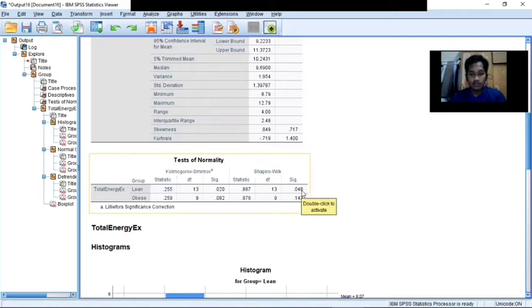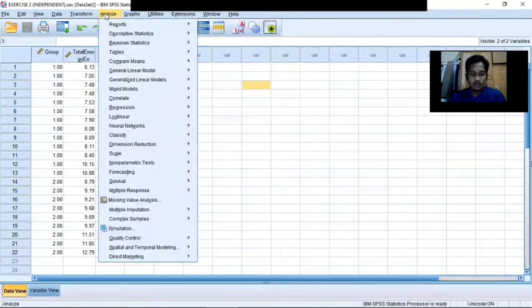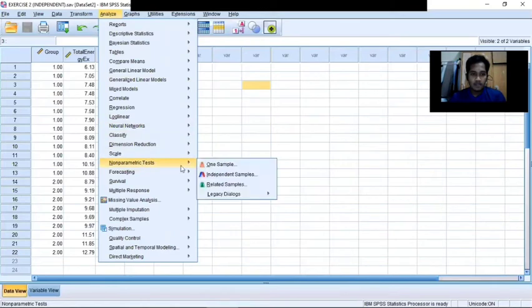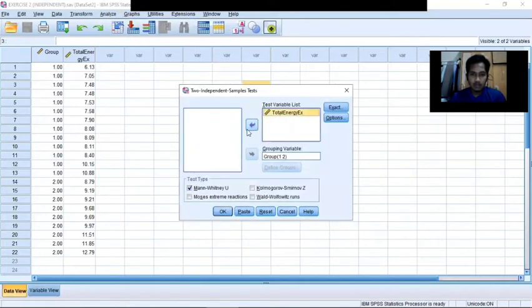After we know the result is not normal, it falls into the non-parametric. So for the non-parametric, first thing first, analyze, non-parametric test, and then we go to legacy dialog, independent samples test, and then we plot one by one.